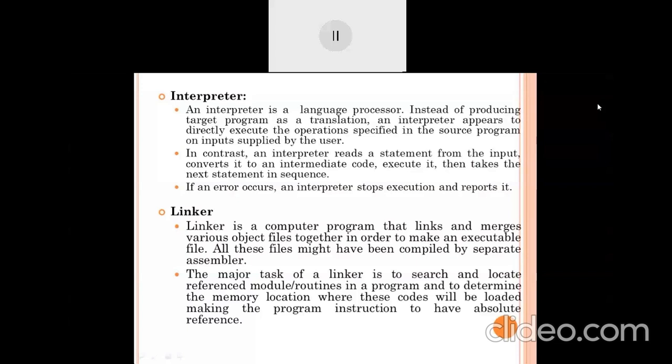So the interpreter directly converts your source code into machine code or executable code. When we say executable code, that is nothing but your machine code, which is understood by your machine, and after that your machine performs the operations. The interpreter reads a statement from the input and converts it into intermediate code or executes it, and after that executes it, then takes the next statement in the sequence.